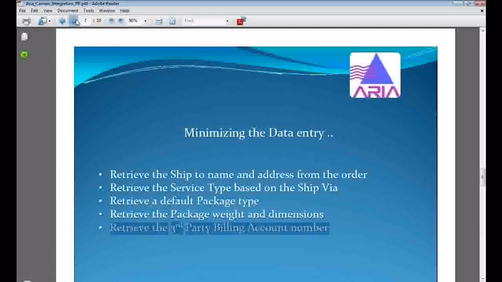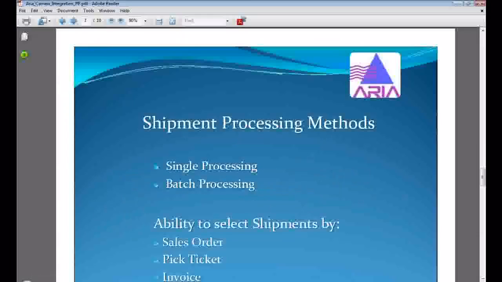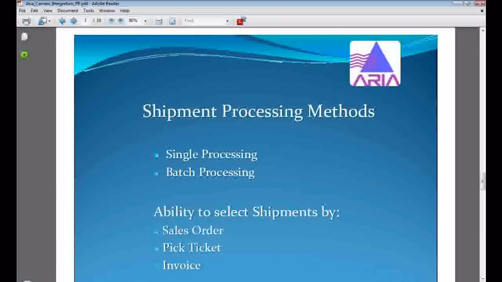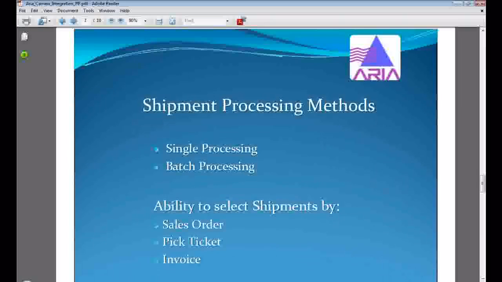So now we'll talk about the different methods available to process a shipment and send it to the carrier system to create or to process a tracking number and receive back a shipping label. Aria supports two types of processing, either single processing or batch processing, and in both of them the results are the